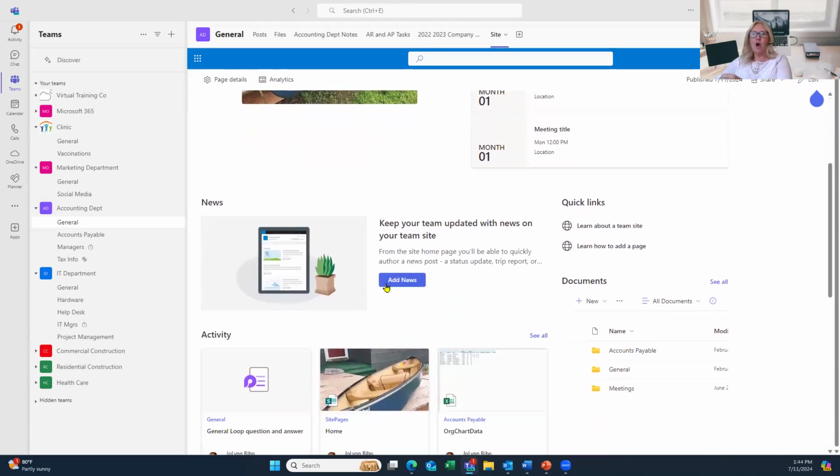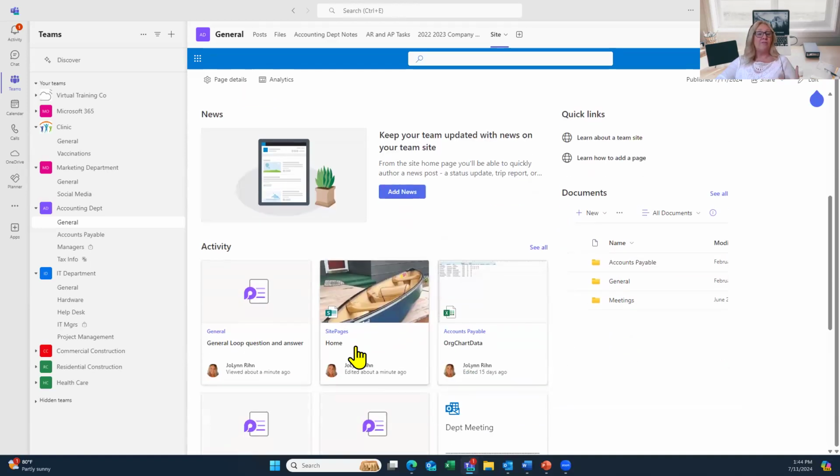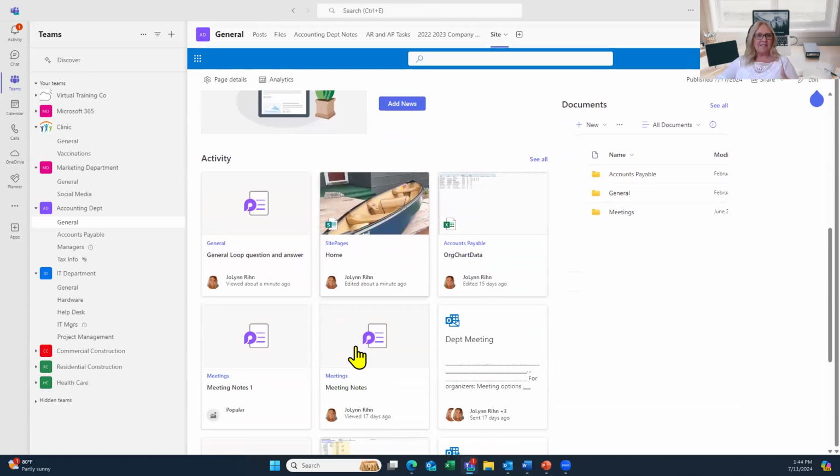So if I want to add in news information, or go to a link that we have set up that takes me to a different physical location, I can have access to the document libraries, whatever it is that we put in, we can have access to it directly here through Microsoft Teams. So SharePoint is the foundation of regular SharePoint sites, but it's also a foundation for a team when a team is built. So if you are in Microsoft Teams and if you have the rights to create a new team,